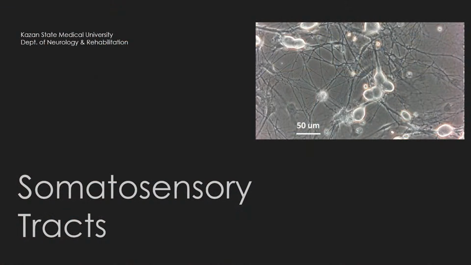So, somatosensory tracts. Why somatosensory? Because there are specific sensory tracts which are served by cranial nerves, and somatic sensation is all about bodily segmental sensation. And usually if you ask a neurologist how many senses we have, a neurologist may answer at least 8, because in addition to the 5 classical senses, such as vision, hearing, gustatory and olfactory sensation,